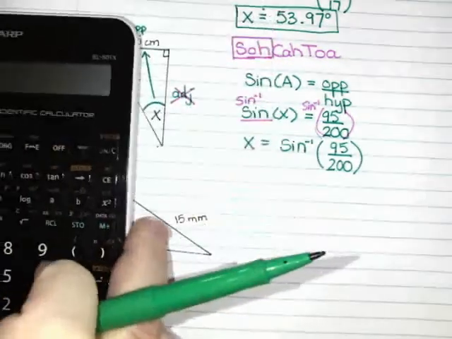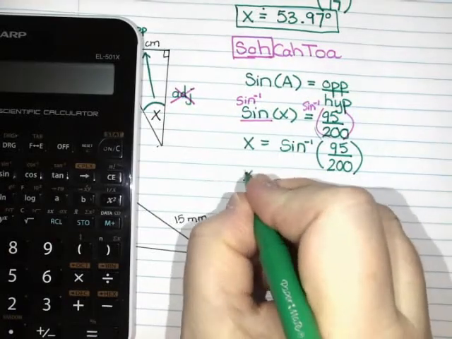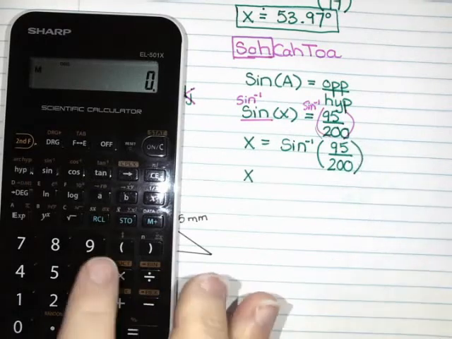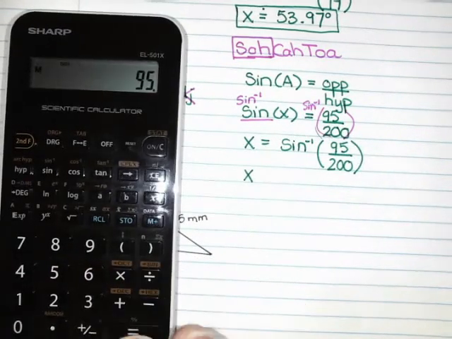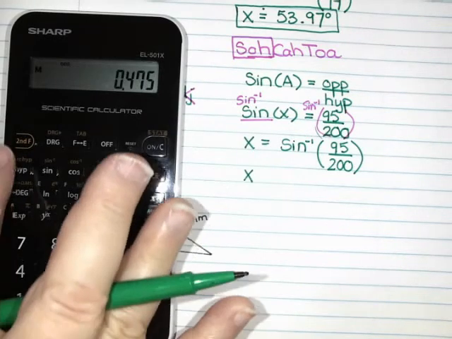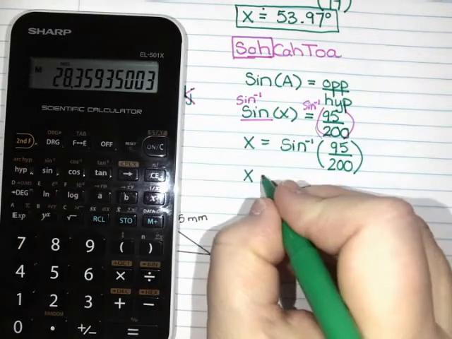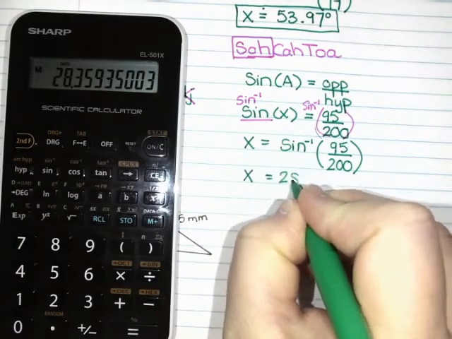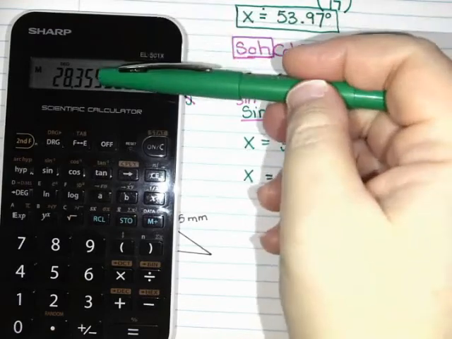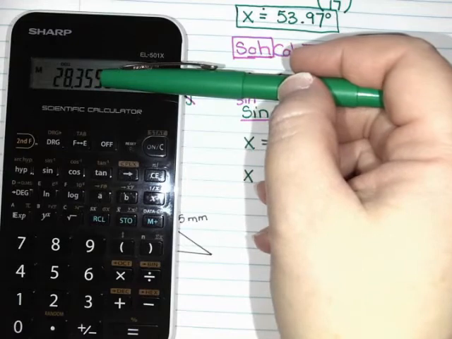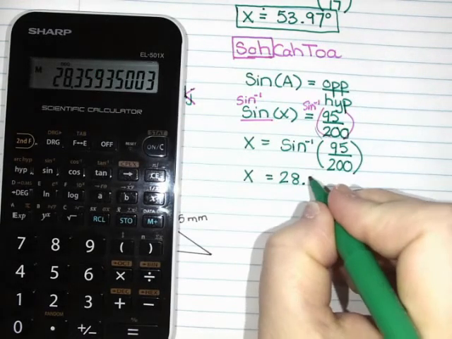Okay, so I don't have one where I see what I type in on the screen, so I have to do this part first. So I'm going to do 95 divided by 200, and then I'm going to hit equals, and then I'm going to do second and sine. And I get 28 point, I want two decimal places, so that would be 35. I'm going to take a peek at the next number, which is a 9, so that's going to round that up to 36. So it is